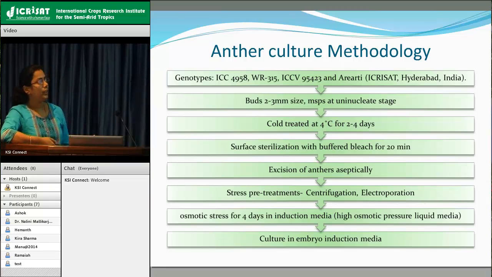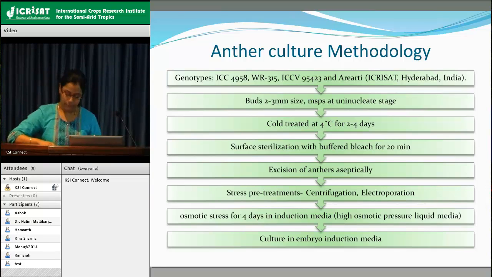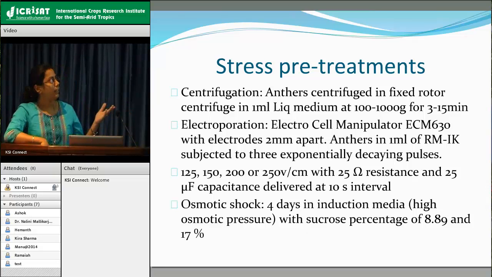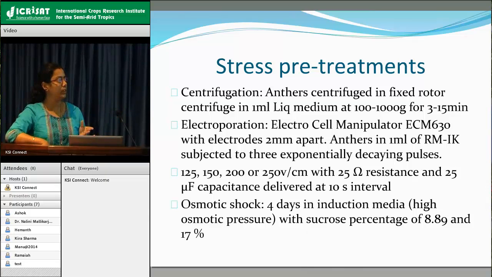So for centrifugation, as per the protocol, the best treatment is 671 G for 3 minutes, but we have tried from 10 G to 1000 G for a period of 3 to 15 minutes. And for electroporation, we have given 125 volts to 250 volts at 10 seconds interval and 3 pulses,